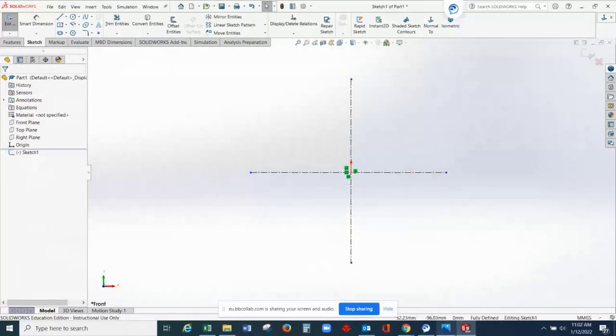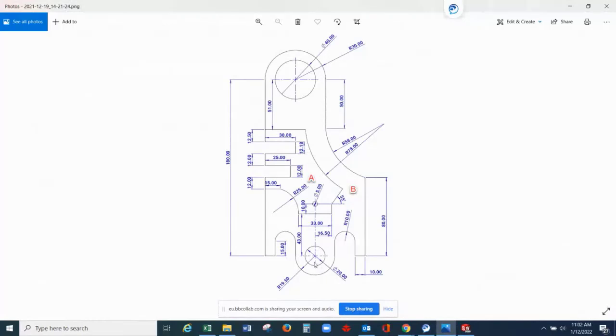From this center line, I can draw one circle having a diameter of 20 millimeters. This is the inner circle, and then you have this arc with 19.5 as the radius. If you see the letter R before the number of the dimension, it indicates the radius of the circle. If you see this symbol before the number, then it means that is the diameter of the circle.